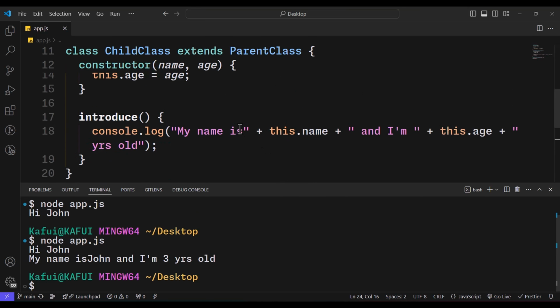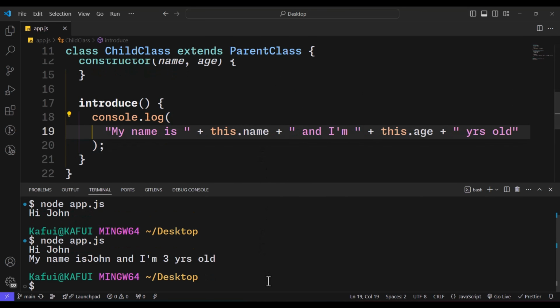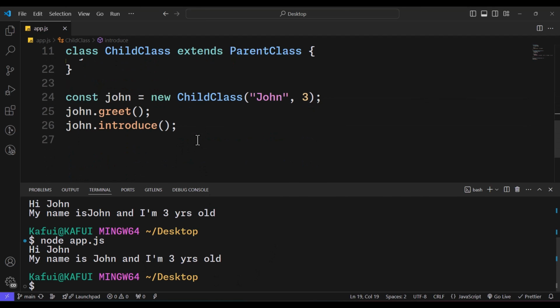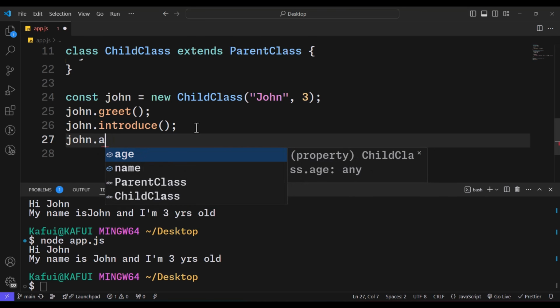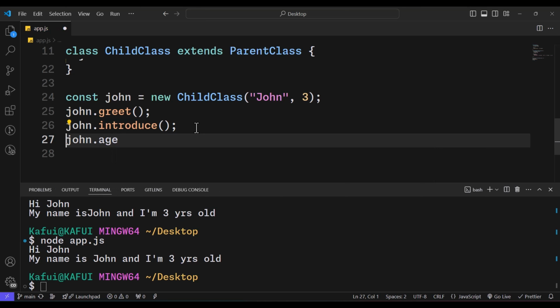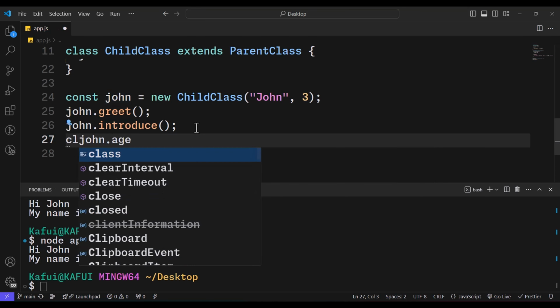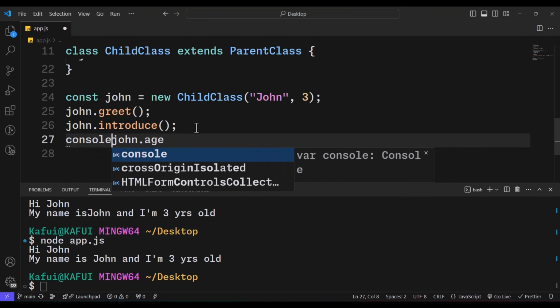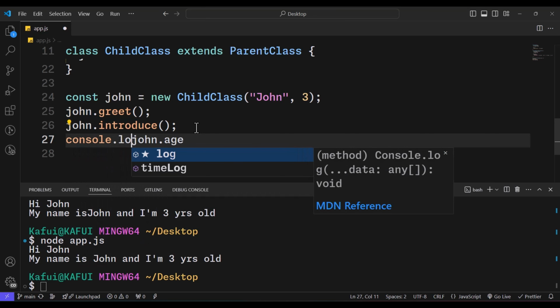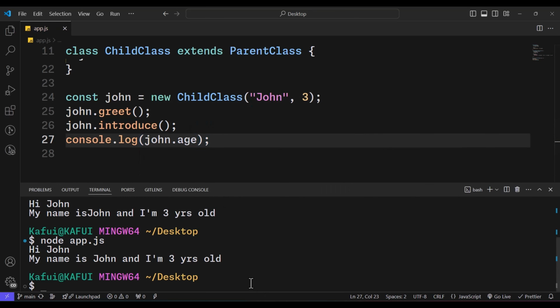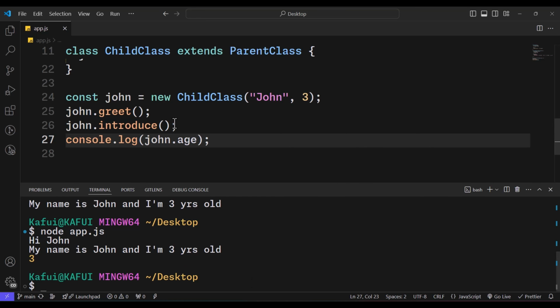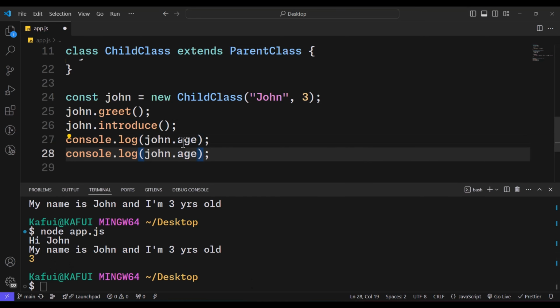I think we are missing some space here. Let me do that again. So my name is John and I am 3 years old, and I can access the properties. So I can access the name property, and then the age property. So let me just console.log this. Other than that, we will not see it. When I run my file again, you see we get 3, and then I can console.log the age,